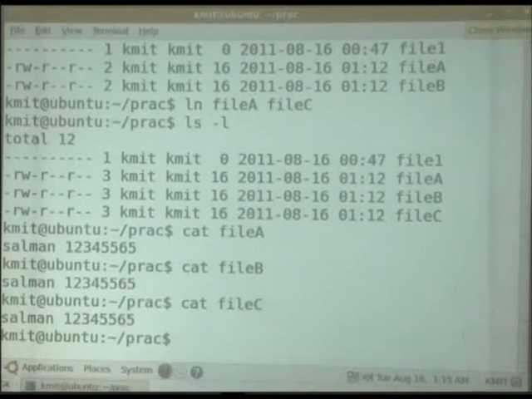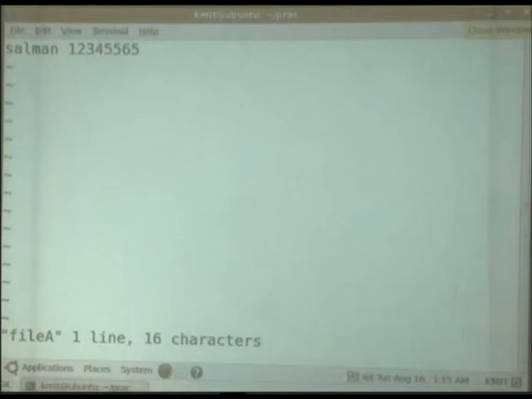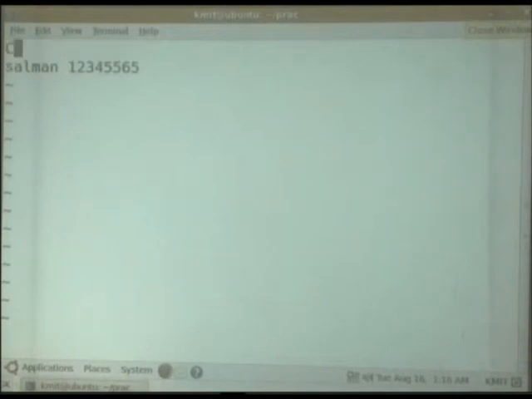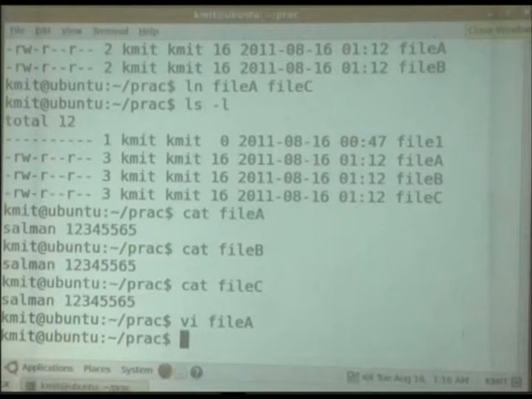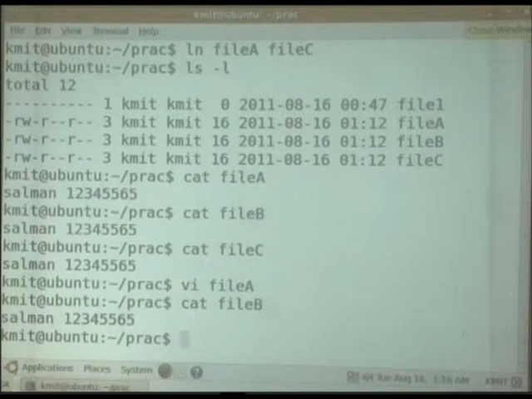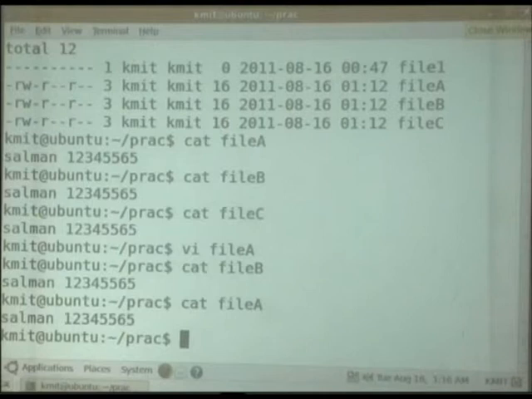Same contents. Now what I do is modify file A, for example. I am changing the name. Some name I have given and one new entry I have added. When I see cat file B, is this reflected? cat file A, I think that was not saved.